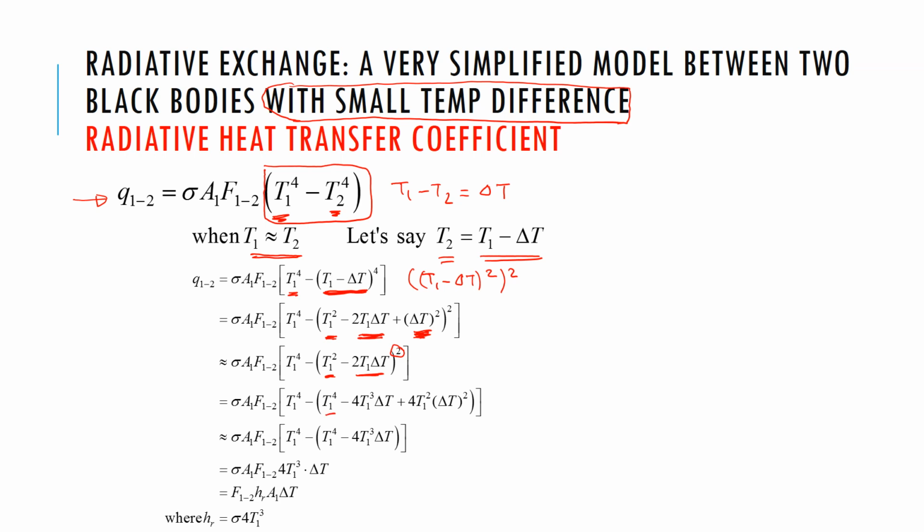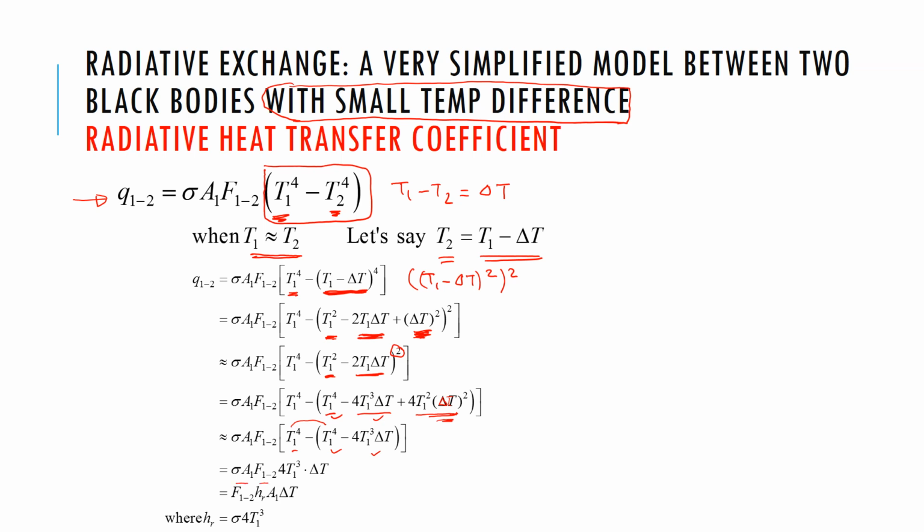We get three terms, and we use the same logic that the term with delta T squared is negligible compared to the other two terms. So we keep the other two terms. That gives us, because these two cancel, then we get